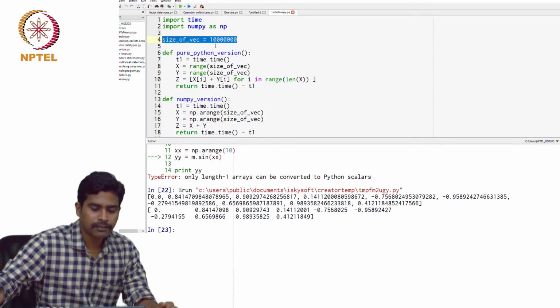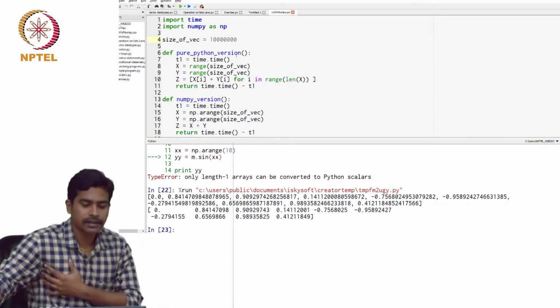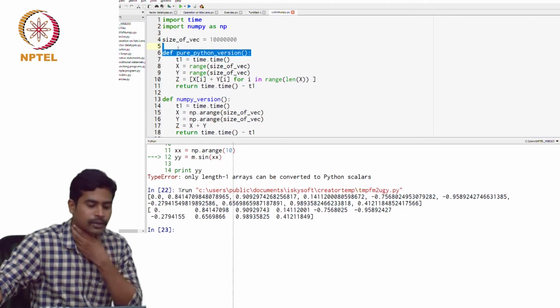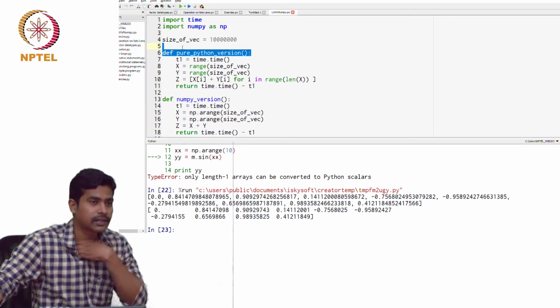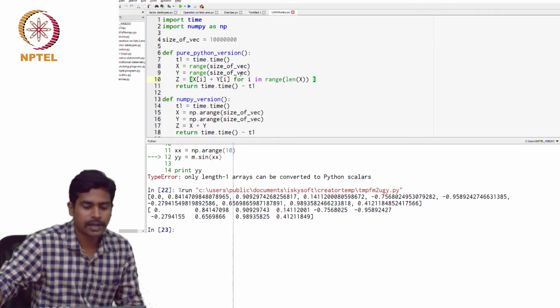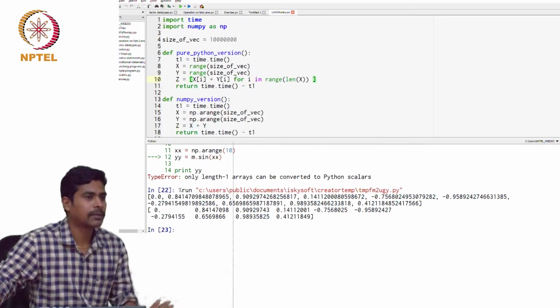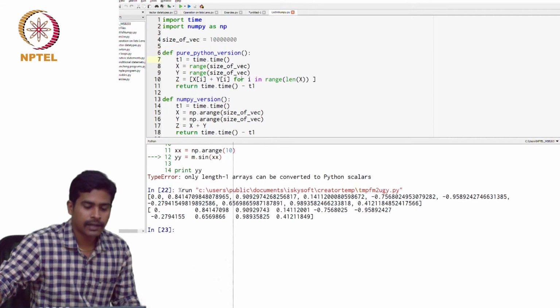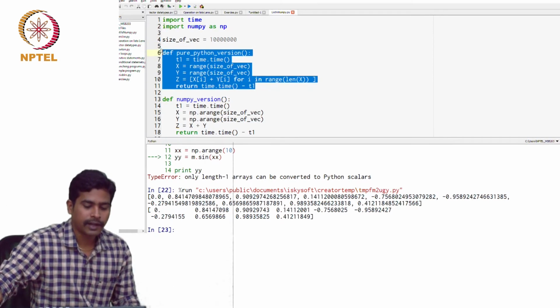Here I'm taking a large number of iterations, 1 million iterations or so, and I'm defining functions. I have not explained what functions are in Python, but for now just imagine it's a function like in any other programming language. Here I am defining two functions.